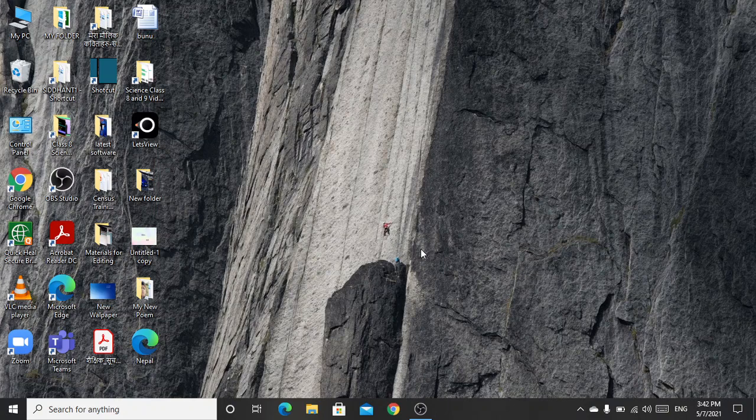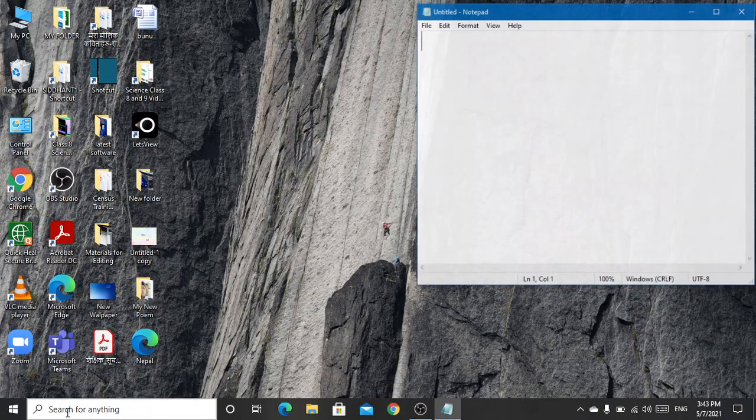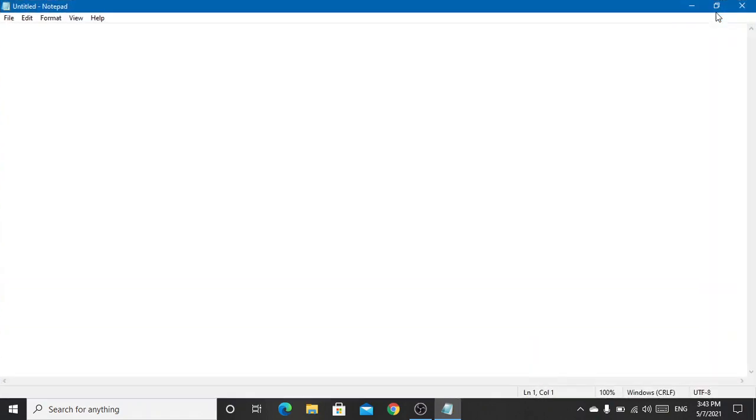If you are using the Windows operating system or any operating system, go to the search panel, type notepad and hit enter, and notepad will appear. As we all know, notepad is a simple and reliable software for typing, and it is also used for writing HTML codes and tags. Now let's begin.